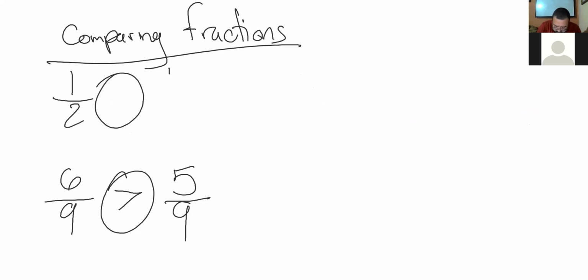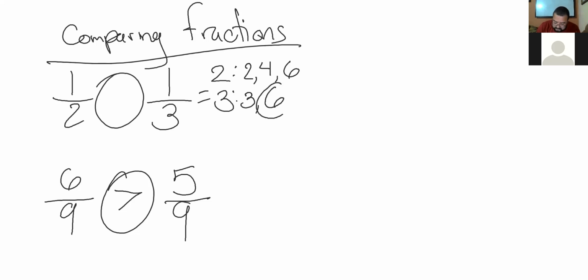1/2 and 1/3. Let's equal the denominators. 2 and 3. Let's find the multiples of 2. 2 times 1, 2. 2 times 2, 4. 2 times 3, 6. The multiples of 3. 3 times 1, 3. 3 times 2, 6. And look, we have the least common multiple. Okay, so let's change